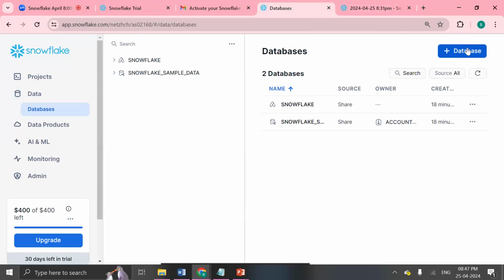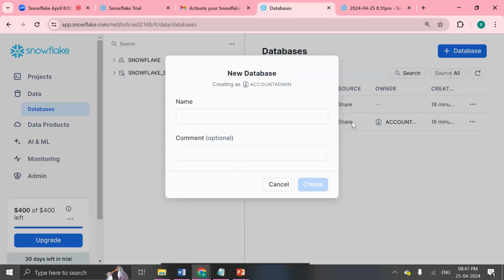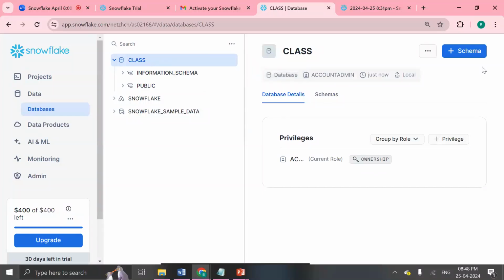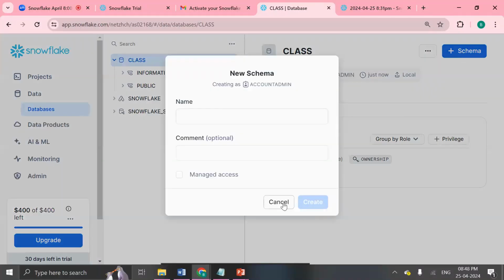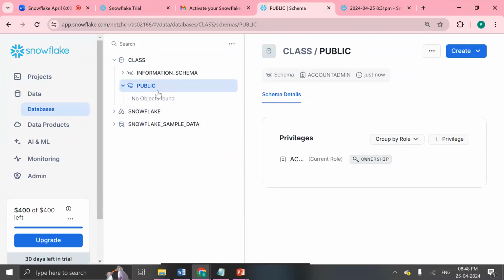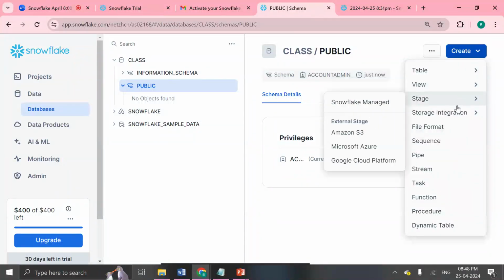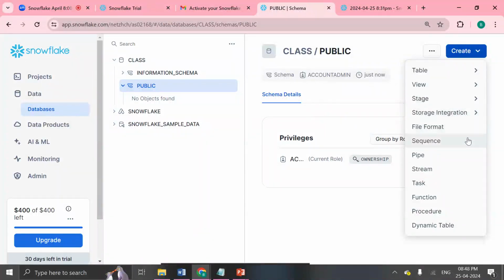anyway, we are going to see from scratch from tomorrow onwards one by one. Here, see this, create database I have given. For example, I am showing, I am giving class, create database created. When I click on the database, again I have an option to create a schema, right? And then if I click on a schema, which is the default schema that was created, when I click on create table, see this create option, all these other Snowflake objects, we will go one by one. See this table creations, views creation, stages creation, integrations creation, file format creations, pipes, streams, tasks, all these other different